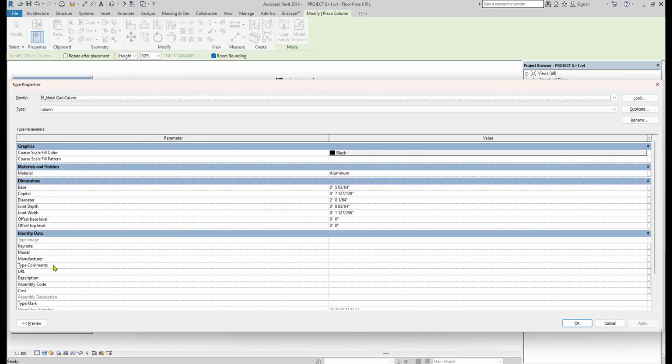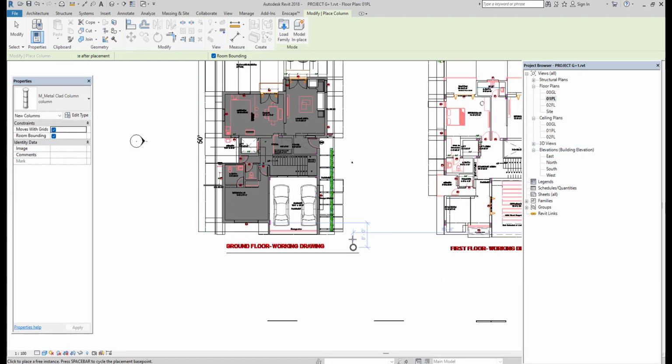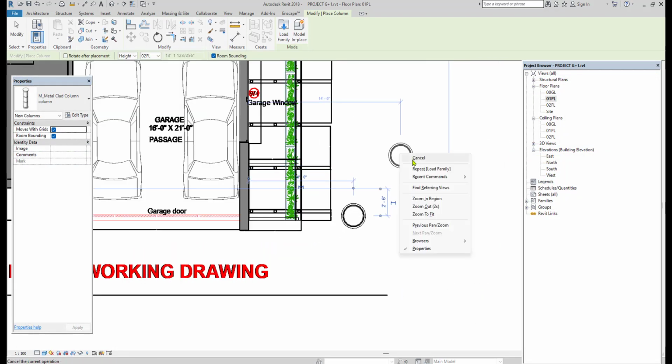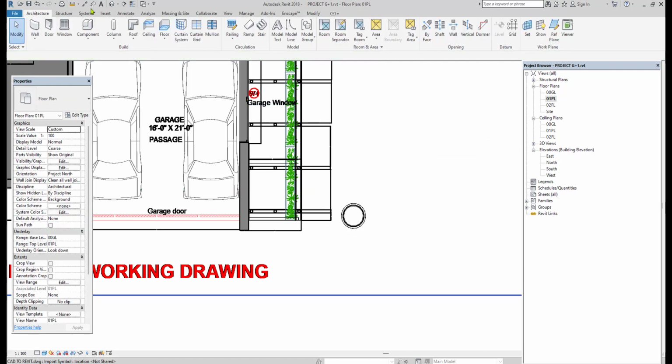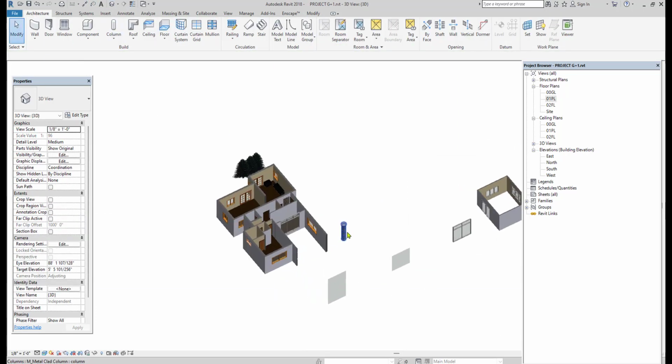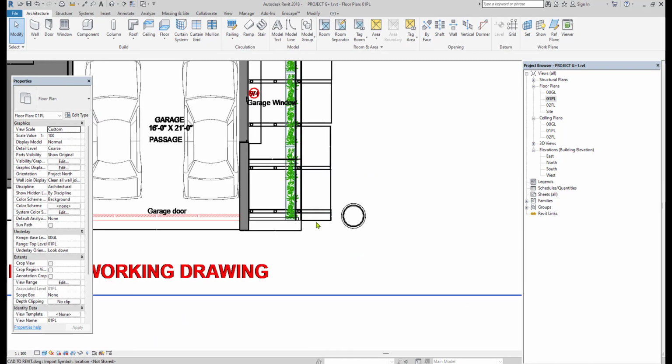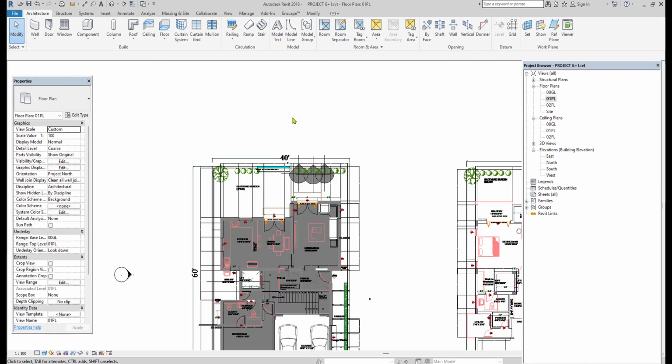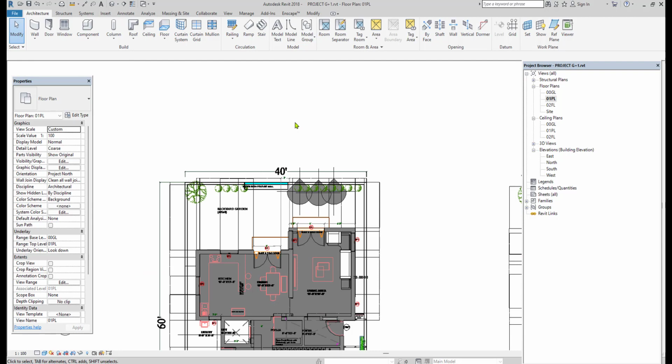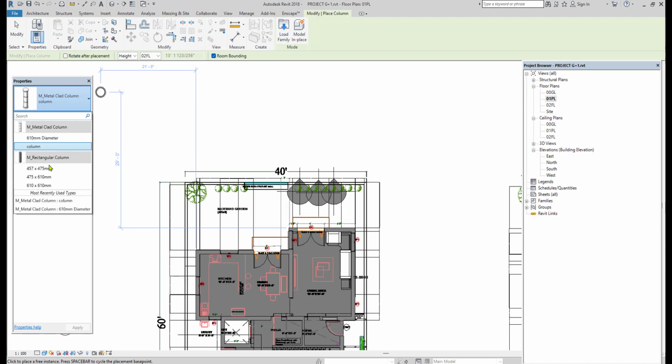We don't have any height option to customize the height of the column. In the higher version, we may have the height option, or else we may have the top level to set it. In the lower version, if you don't have it, then you just place it first where you want. The base level is plinth level. Go to 3D and then check the height. As the base level is plinth level and the top level is first floor, if you want to customize it for the compound wall, normally the compound wall height is 1.5 meter, that is 5 feet or 5 feet 6 inch. In that case, take a column architectural and change the shape.